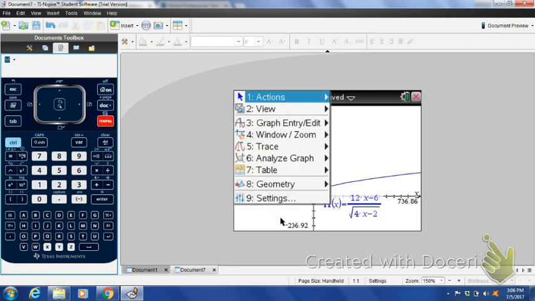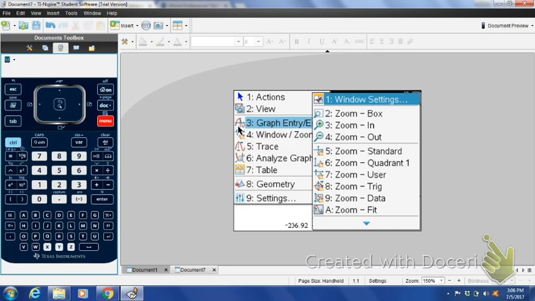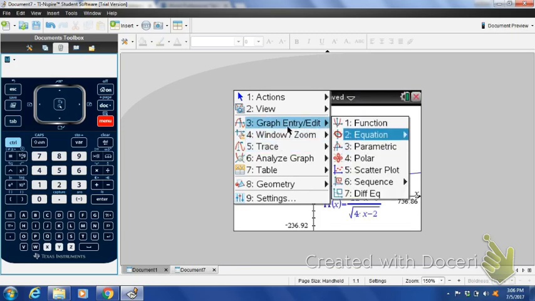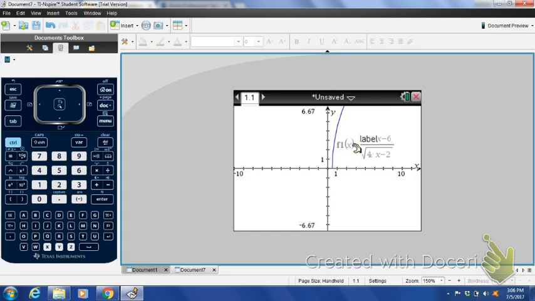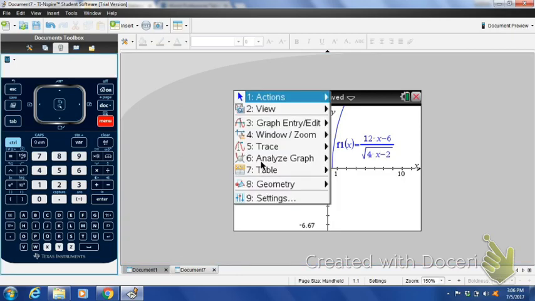So if you want to go back to the normal window, you go menu, window zoom, and we could just do back to standard. Alright, and we can see that this graph is starting at x equal to 1/2, and then x is just approaching infinity. And I bet if we traced it, we would see that it's undefined at x equal